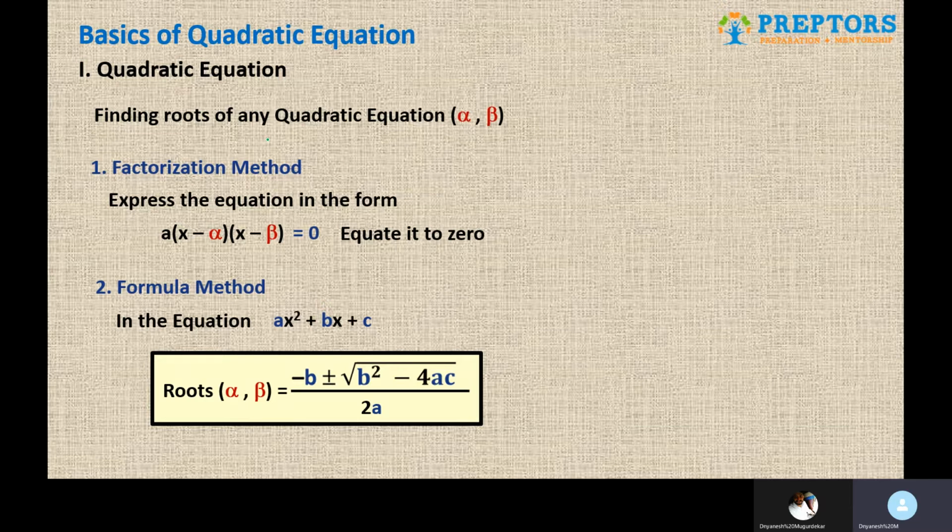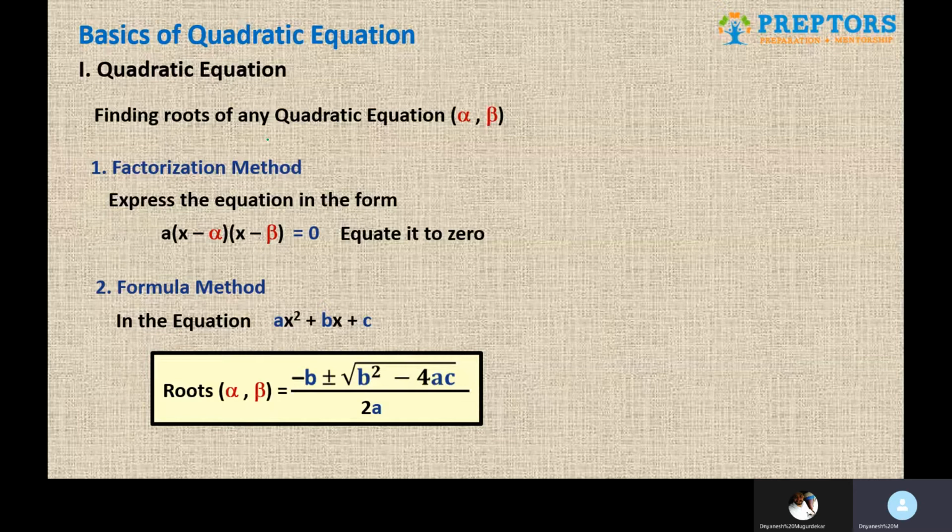The plus minus is the differentiating factor which gives you the two roots. Once you do plus, once you do minus, and you get two different values of alpha and beta. Obviously this is a slightly long approach, but if you want to blindly use it, you can. What we would advise is to try and factorize first, because that's the easy way. If that doesn't work at all, then only go for the formula based approach. So these are the two ways in which you can find the values of alpha and beta.